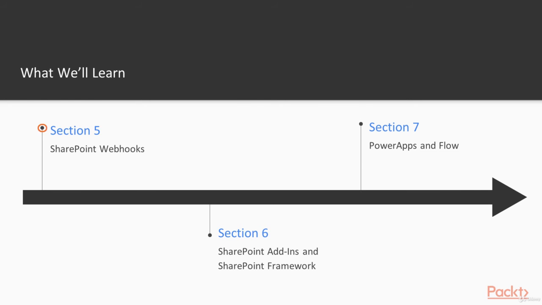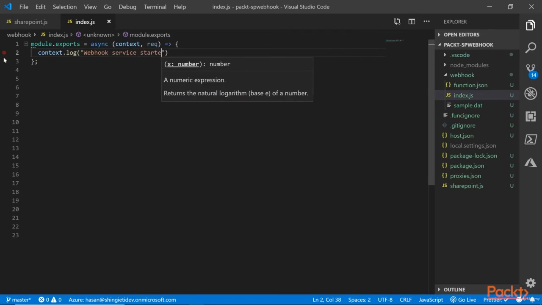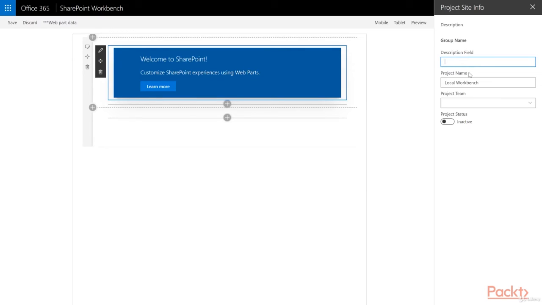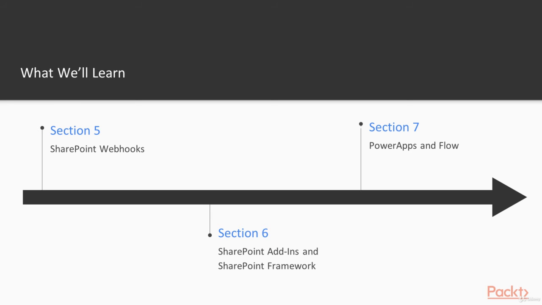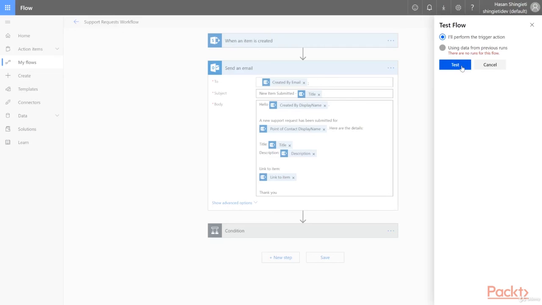In Section 5, we'll use webhooks to receive notifications on events and SharePoint lists. In Section 6, we'll use the SharePoint framework to create SharePoint add-ins to enhance the SharePoint experience. And in Section 7, we'll enhance the user experience through advanced features of SharePoint lists using Power Apps and Microsoft